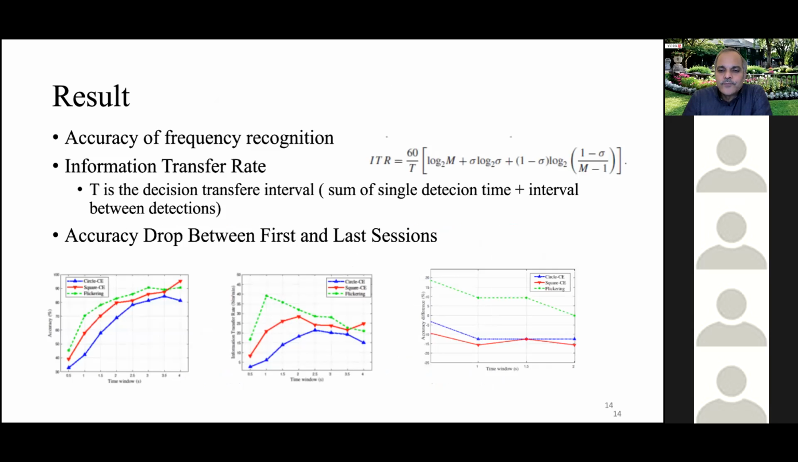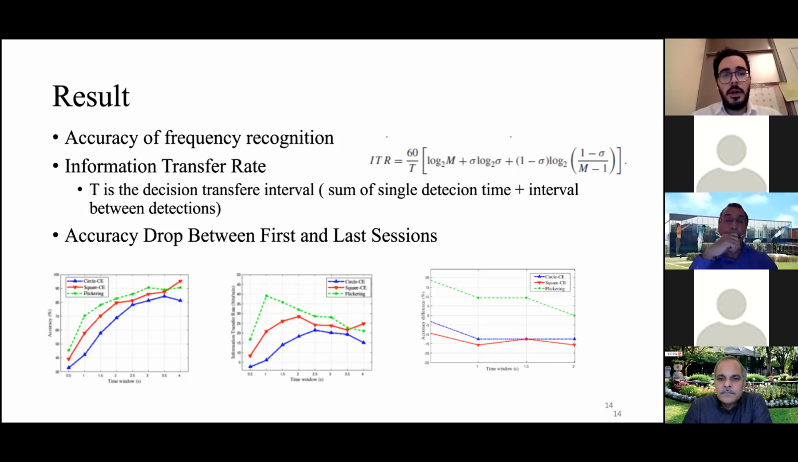And for comparison of our results, we also compare our 3 paradigms in terms of the accuracy and information transfer rate, which is defined here. Also, we divide each trial length with different time windows and plot accuracy and ITR across all of the time windows. The square-based contraction expansion paradigm outperforms both SSVEP as well as the circle-based contraction expansion paradigm when the time window